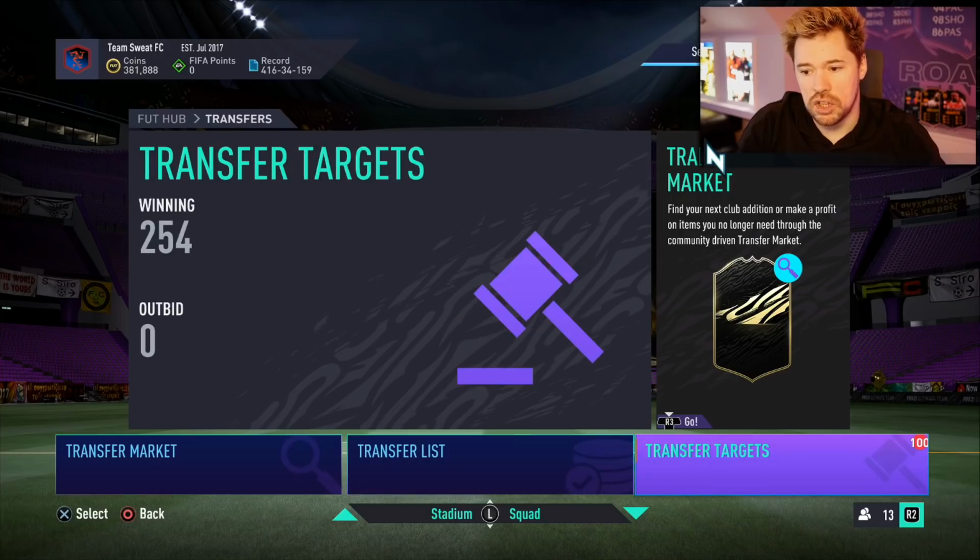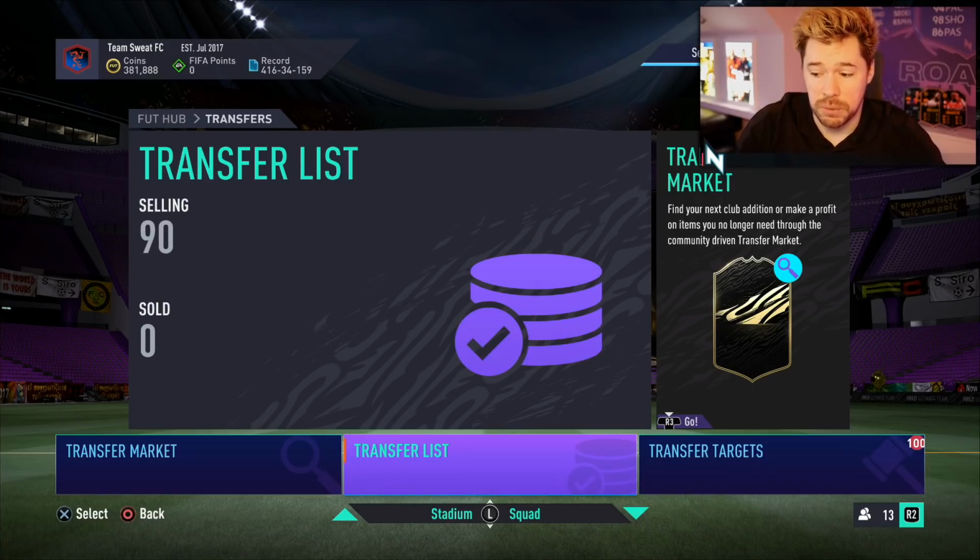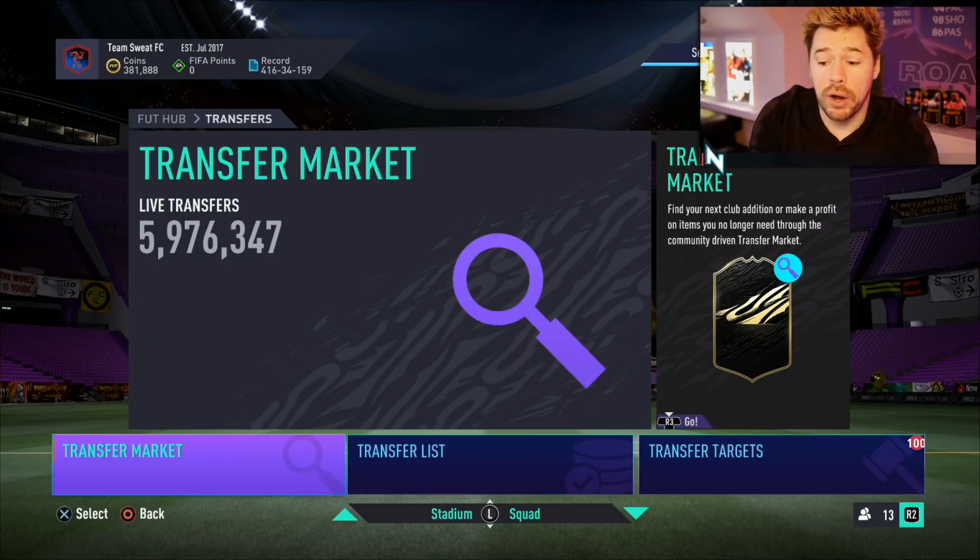The only downside to this is that if you go, and I'll show you here, we've got 254 items that we've won so far. So I'm hoping for a daily SBC or something today where I start getting rid of those. I need to do something with my transfer list anyway to start getting rid of some items. But basically, the downside that I thought came with this is that you can't buy anything,